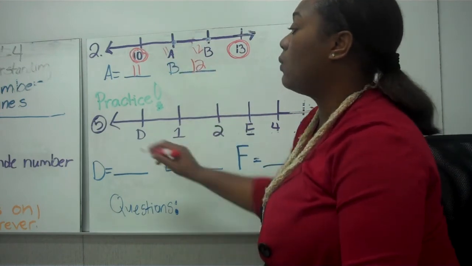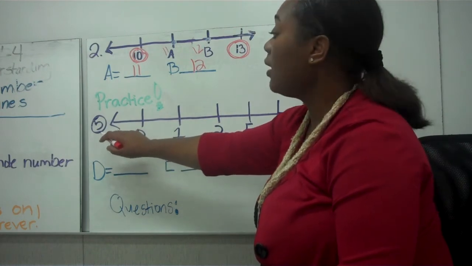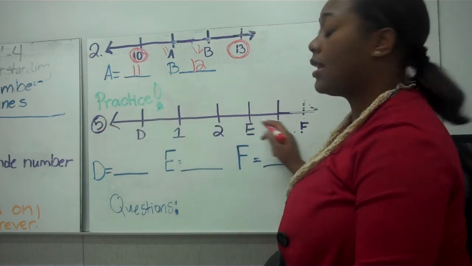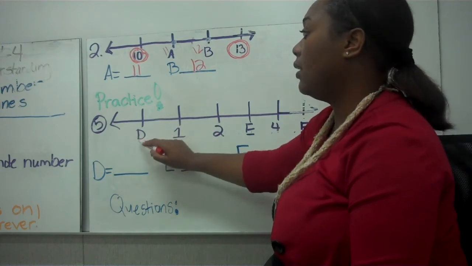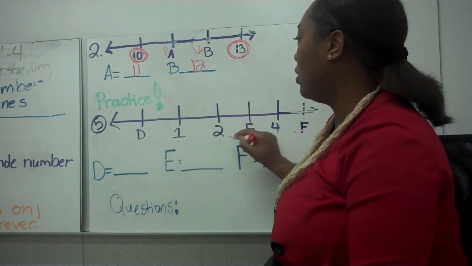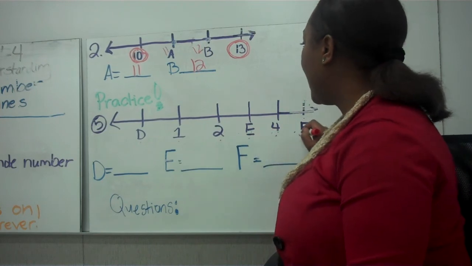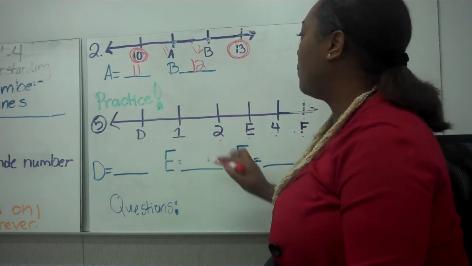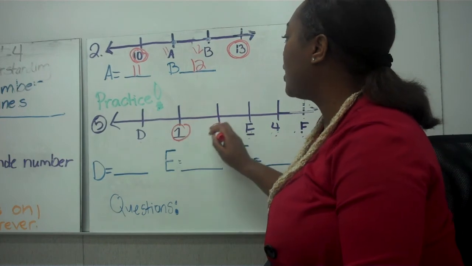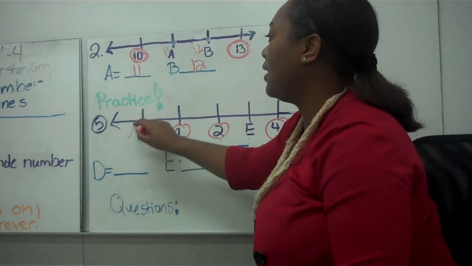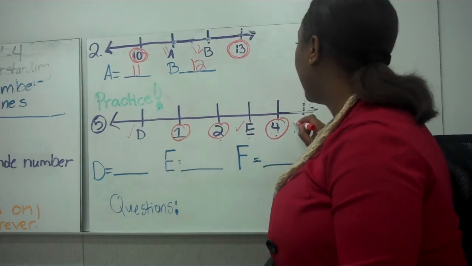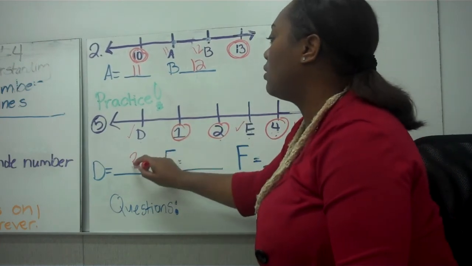Now I want you to practice. I want you to look at number 5, and I want you to copy that number line just like you see it on number 5 in your notebook. Okay? You should have D, 1, 2, E, 4, and F. I want you to pay attention to the whole numbers, and I want you to look for a pattern that could fall for place D, E, and F. And I want you to tell me what those points are